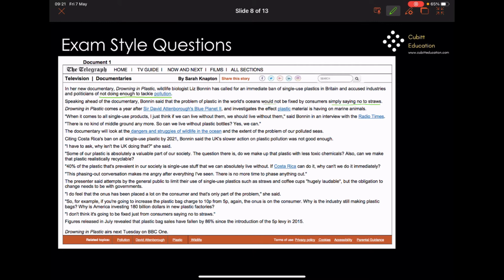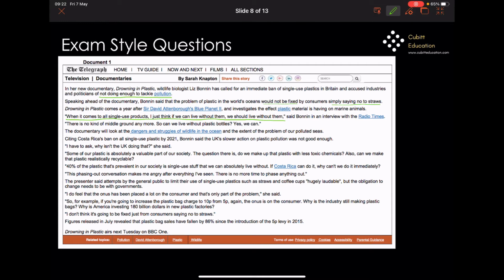Okay, it would not be fixed. Drowning in Plastic comes a year after Sir David Attenborough's Blue Planet 2 and investigates the effect plastic material is having on marine animals. When it comes to all single-use products, I just think if we can live without them, we should live without them. Okay, she's saying that there,